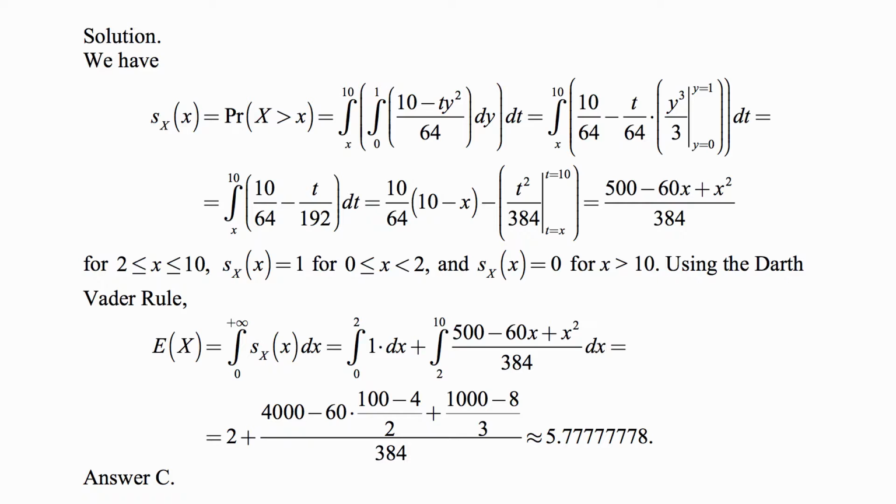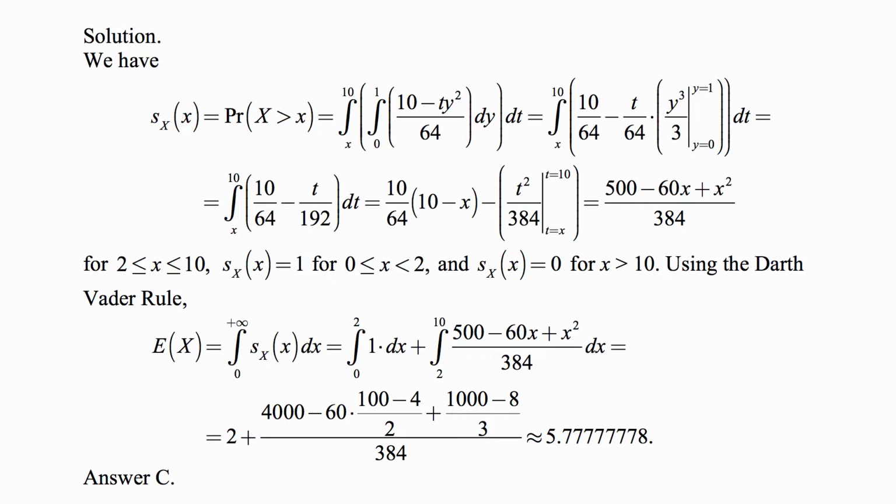So at t equal to 10, t squared is 100. So we would have 600 over 384 minus 100 over 384. That's where 500 over 384 comes from. Then we would have minus 10 over 64 times x, so that's the same as minus 60x over 384, and the last expression is the evaluation at